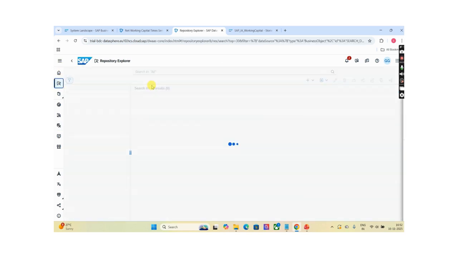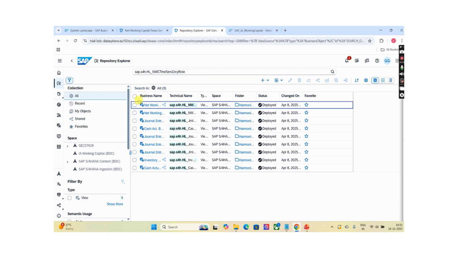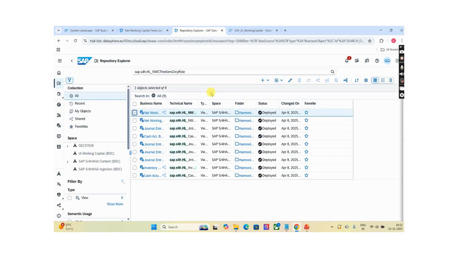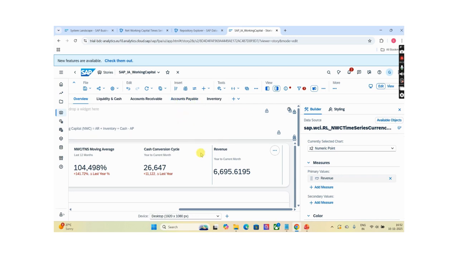Again, go to the repository explorer. You can search for this view and copy this view into your respective folder and make changes to this view. And again you need to create a new analytical model, and in that model you have to consume the newly created view. Once you have created this analytical model, then you can consume this analytical model in your copied story.